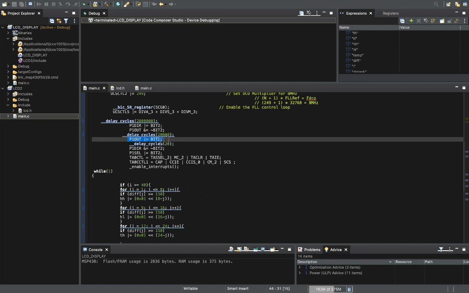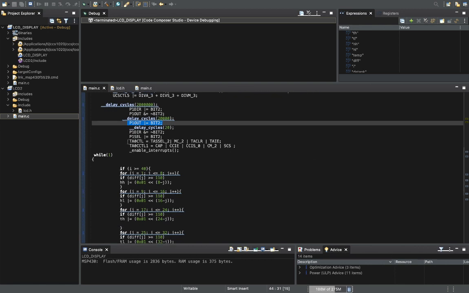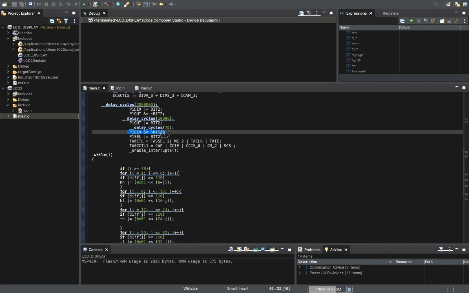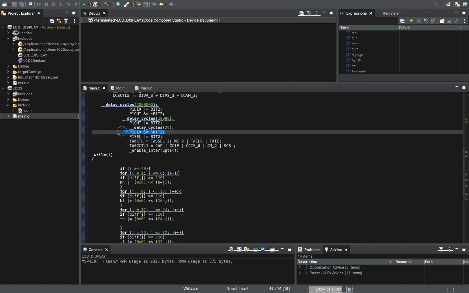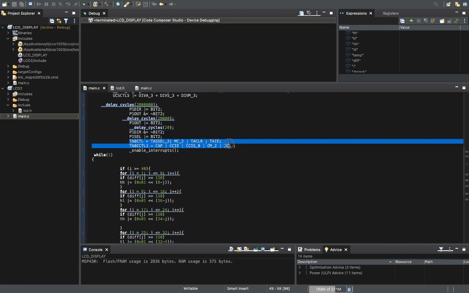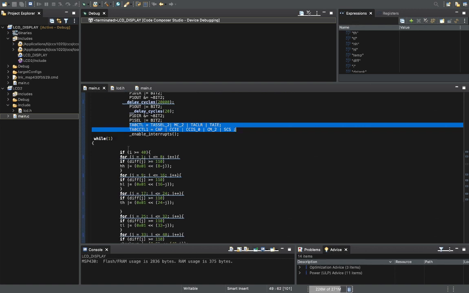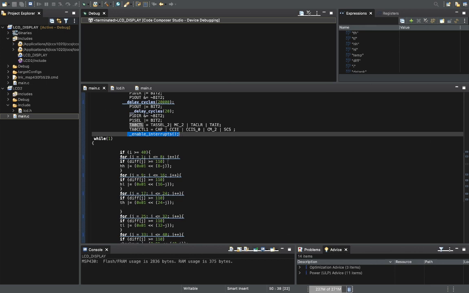Then we will make this bit high, then we give a little 20 microsecond delay just to wait for the response from the sensor, and then here we change the direction of this pin. This one is for selecting it as a timer pin, this one for changing it to input. These two lines are for configuring the timer in capture mode. Here we enable the general interrupts. So this is our main program.